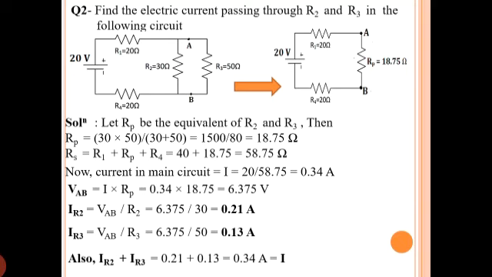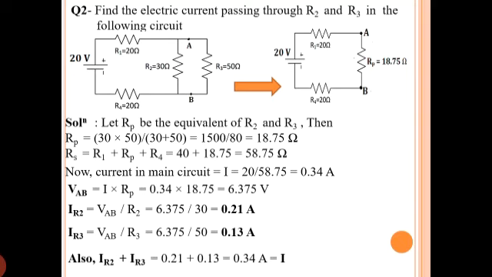So once we solve the circuit or any numerical based on the circuit, we need to verify. We must verify if the answer is according to the concept. If the answer is not according to the concept, it means somewhere we have made a mistake. Since it is proved and it is coming according to the concept, everything is correct. So it looks quite lengthy, but once we have understood the concept, we can easily solve the circuit, and you will start finding interest also if you are able to understand the circuit equation. I hope you have understood this also, and if you still have any doubt you can ask.